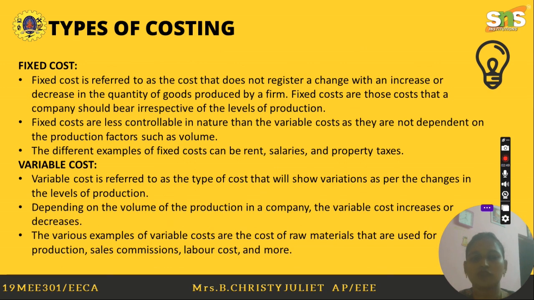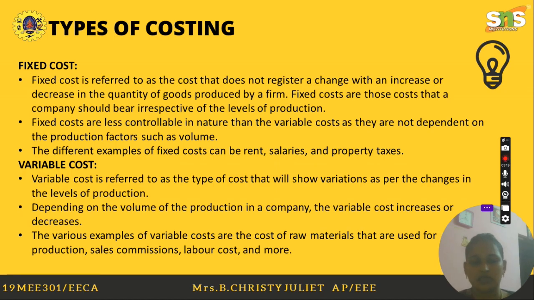So these are the types of costs available. First is fixed cost, which refers to the costs that do not register a change with an increase or decrease in the quantity of goods produced by a firm. Whereas variable costs are the costs that show variations as per the changes in production level. The examples for fixed cost are rent, salaries, property tax, because these will remain constant over a very long period